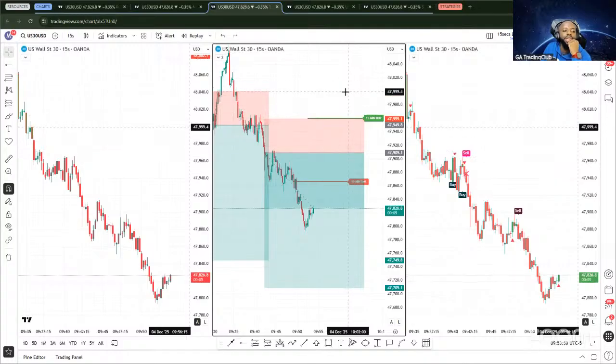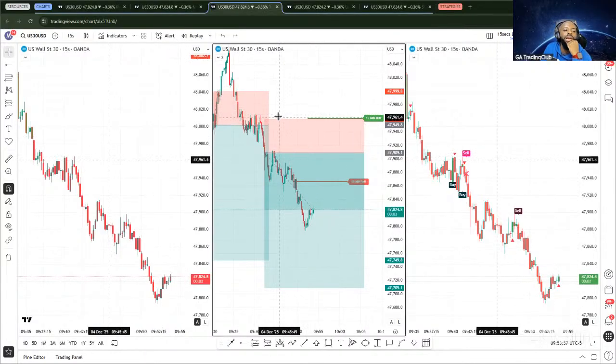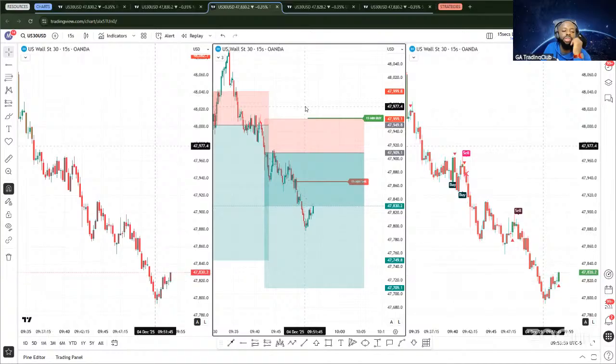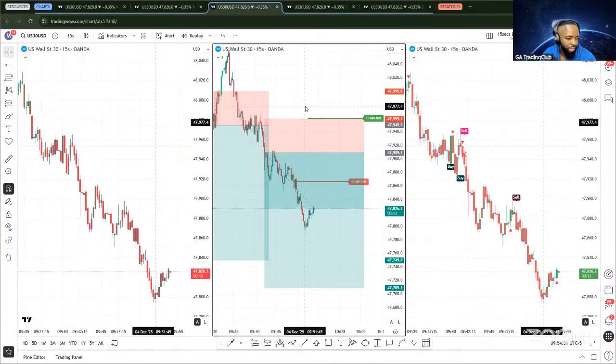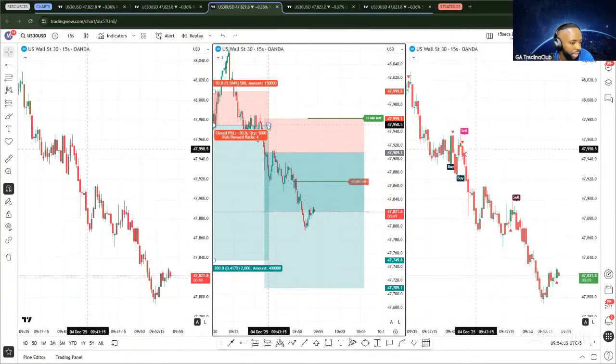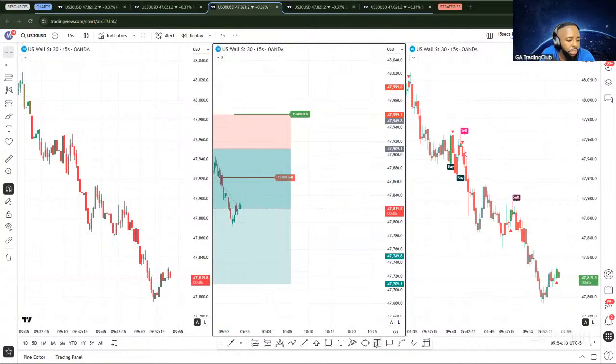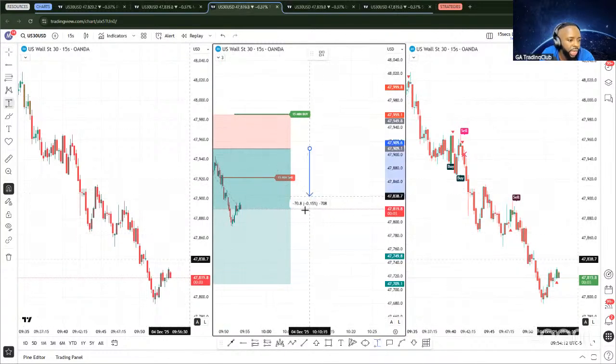They normally have some good rejection. So if not the 15-minute, the hourly as well. But if I started doing the hourly, then I would have to start taking multiple trades, up to 4 trades a day on one account, which I prefer not to. But for this particular trade, it's currently at